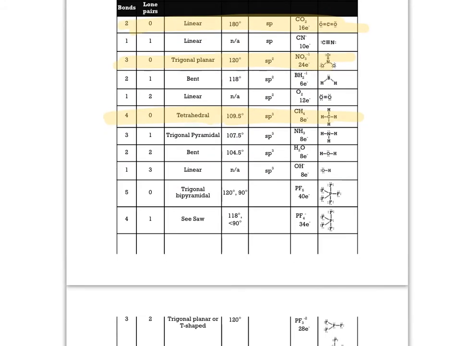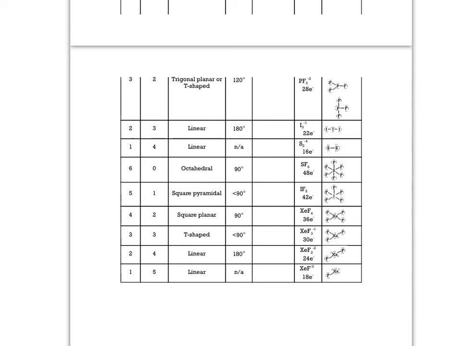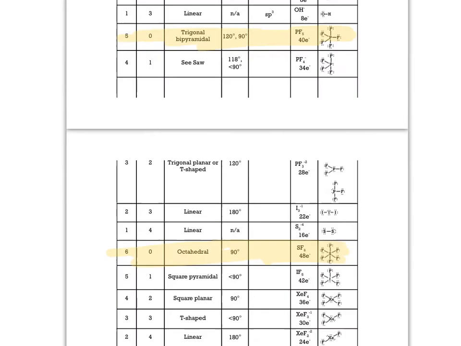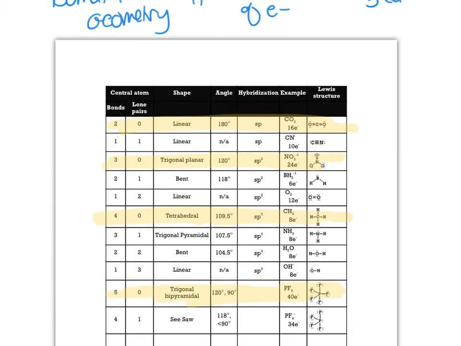You can have trigonal bipyramidal. Or finally, you can have octahedral. So there's 5 options. Basically, if there are 6 domains around that central atom, it's octahedral. If there are 5 domains around that central atom, it's trigonal bipyramidal. 4 is tetrahedral, 3 is trigonal planar, and 2 is linear. To figure out your molecular geometry,